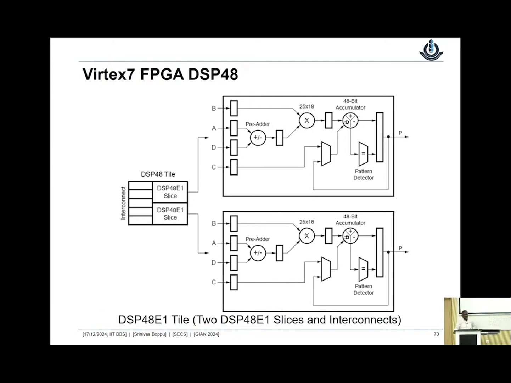Again, this is one such DSP tile. Now in this tile, we have again 2 slices. Each slice will look the same, and if you try to look at here, we have these different inputs. So it looks like we can really perform 25 by 18 multiplication. One input could be 25 bits, and another input could be 18 bits, and the whole multiplication we can really